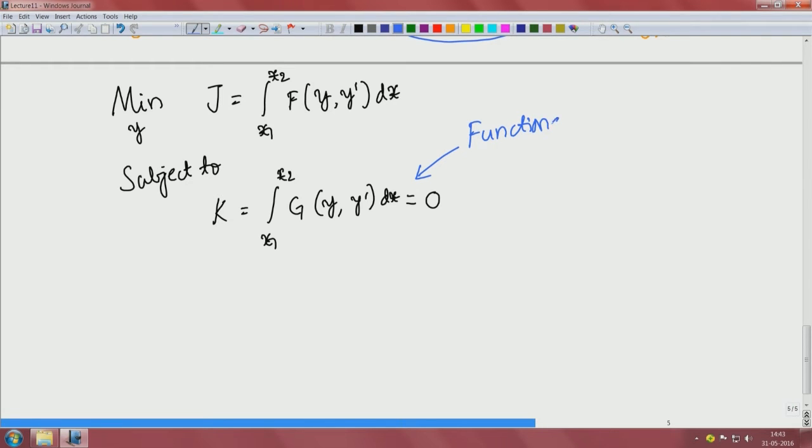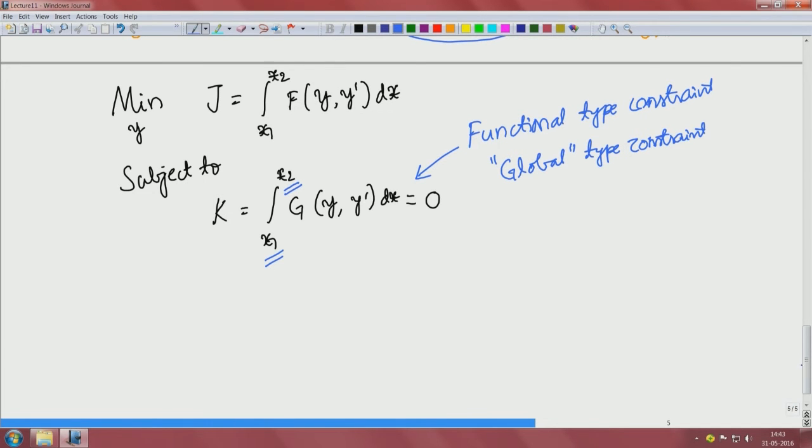This is the functional type constraint. It is also called global constraint, global type constraint. It is global because this applies to the entire domain x1 to x2, not just a point, which we will look at, as I said, in the next lecture,